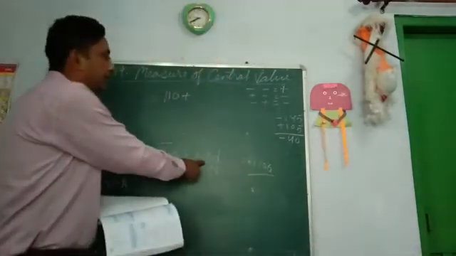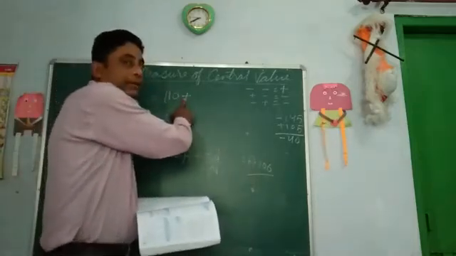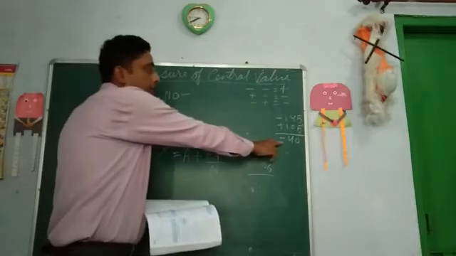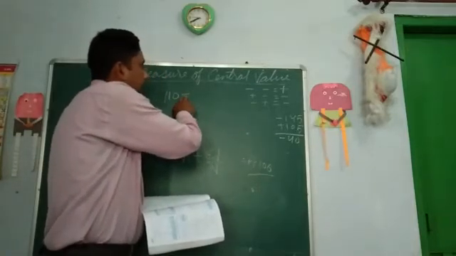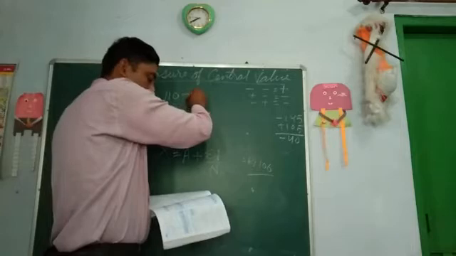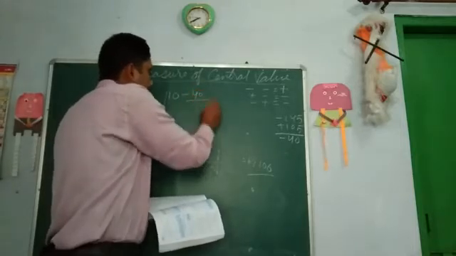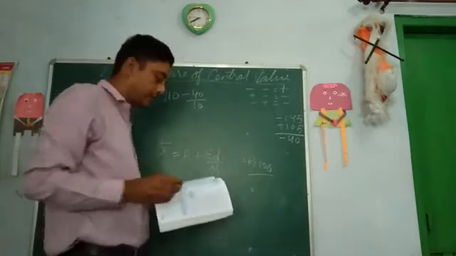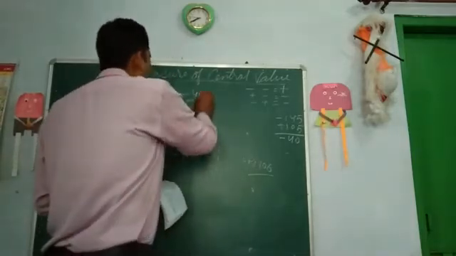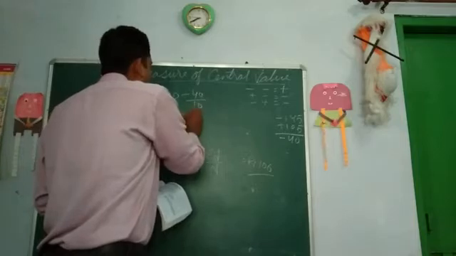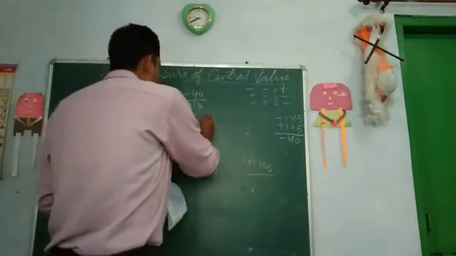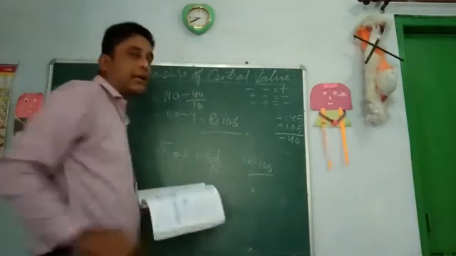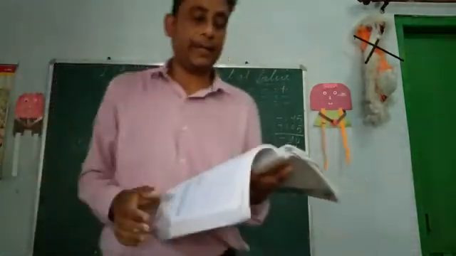Now the sum of d is what? Minus 40. So in the formula it is plus, but since the value is minus 40, this plus will become minus: minus 40 divided by n. N is 10, the number of workers, or you can also say the number of observations. So when you solve it, what will it come to? 110 minus 4, it is 106 rupees. The same thing is coming with the shortcut method and the direct method.